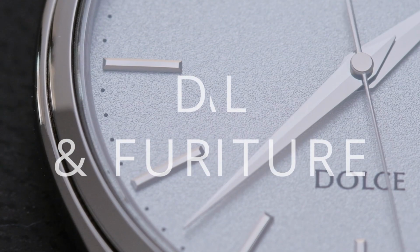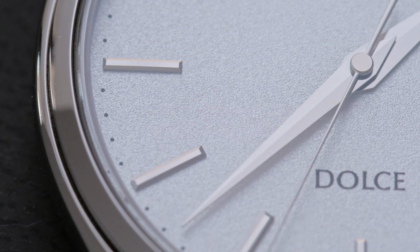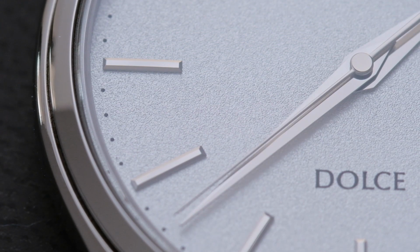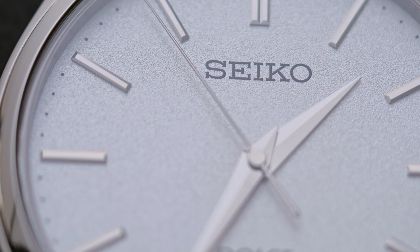Finally, to the main event of the show, the dial. It is quite difficult to explain in words what it looks like, but let me try. It is halfway between a finely textured washi paper and a silver plate splashed with diamond dust. In indirect light, it shimmers and the light dances off the dial like there's no tomorrow. In its essence, it is a simple dial, yet there's a certain level of casual complexity that elevates that simplicity